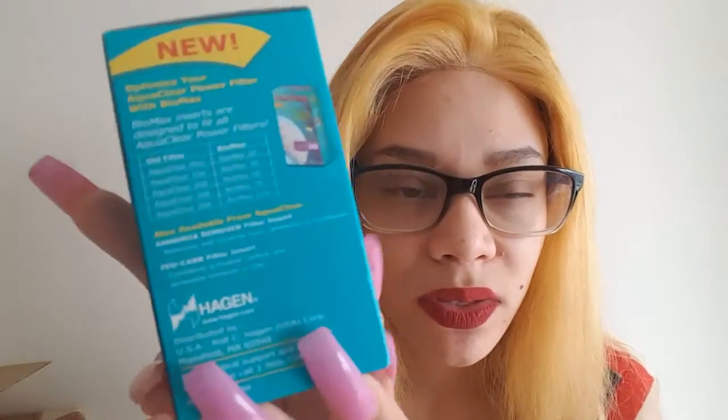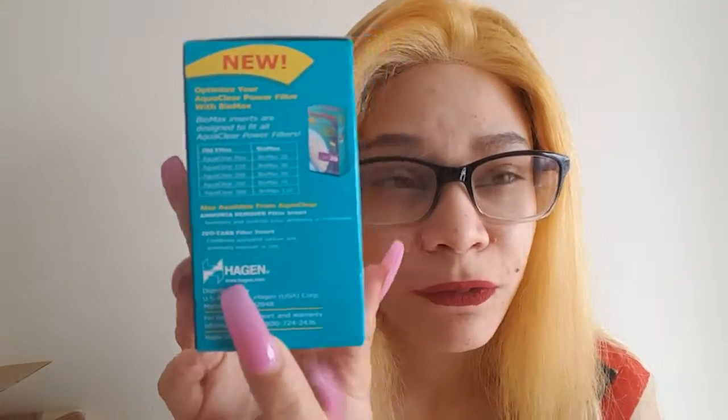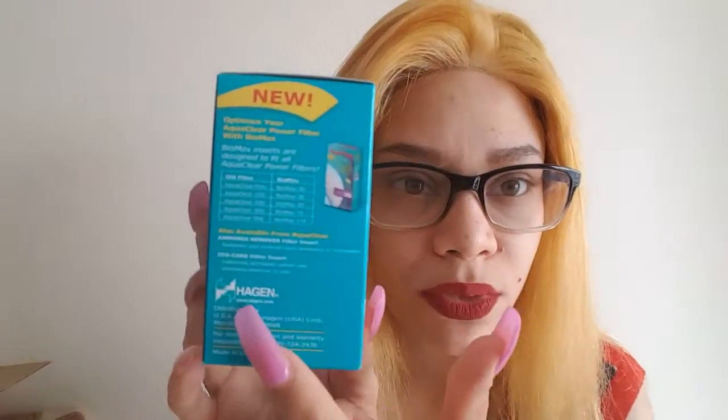So here we go. All right, this one is really, really tiny. I didn't expect it to be this small, and I didn't know that it was only going to be one. I didn't totally pay attention. Okay, so the company is Hagen or Hagen, however you'd like to say that. So it's right there. And I believe Fluval, a lot of people call it Fluval, is underneath there. And Fluval is a higher end